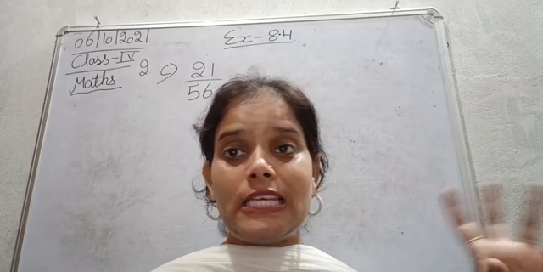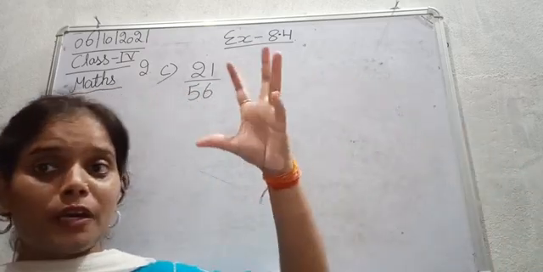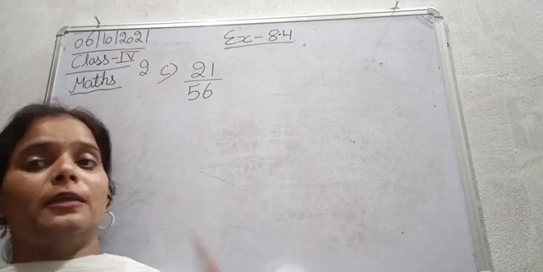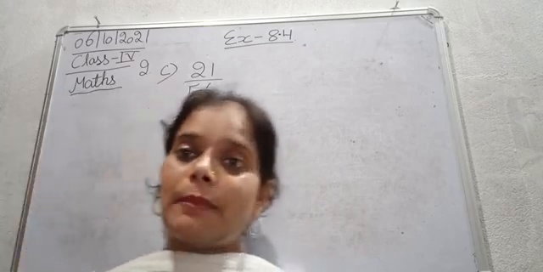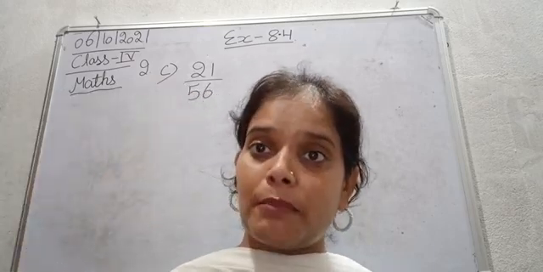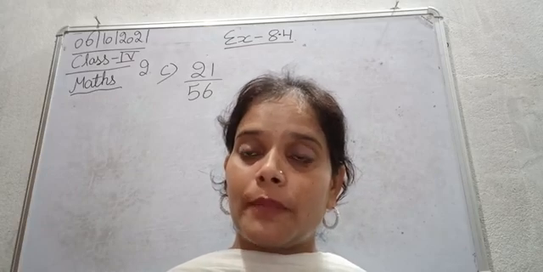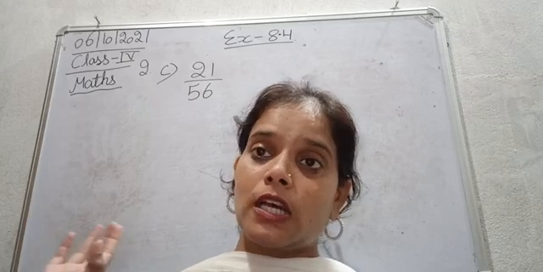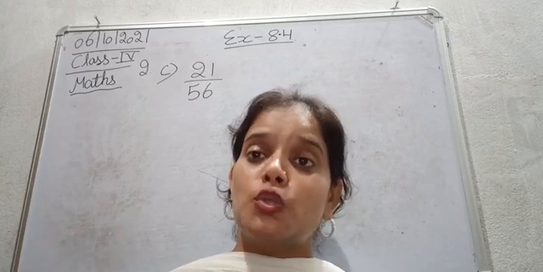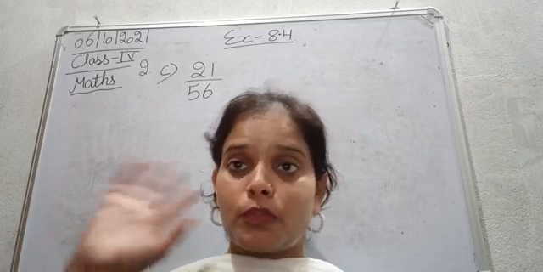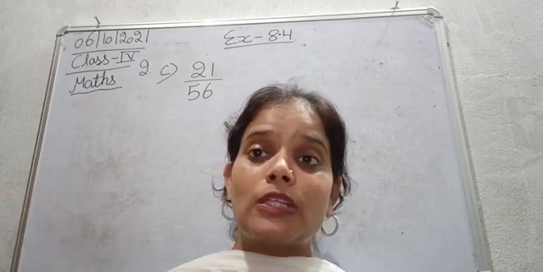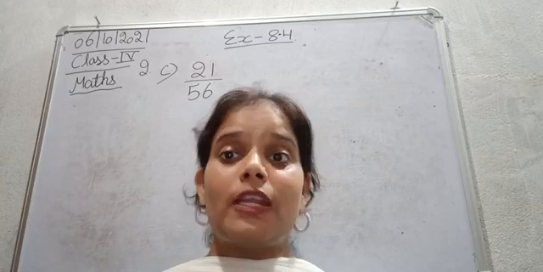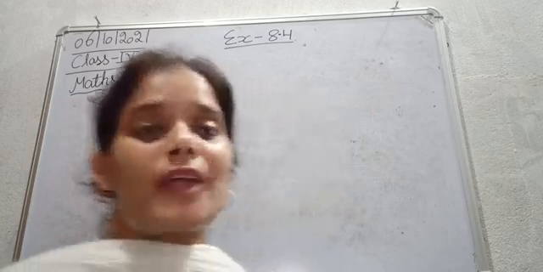Now the numbers are a little bit bigger. So in these kinds of sums, you can think whether जो हमारे numerator and denominator हैं, are they coming in any same table? Does this 21 and 56 come in the same table? If you think, you will find out that they both come in the table of 7. So you can divide them both with 7 and you will get an equivalent fraction.